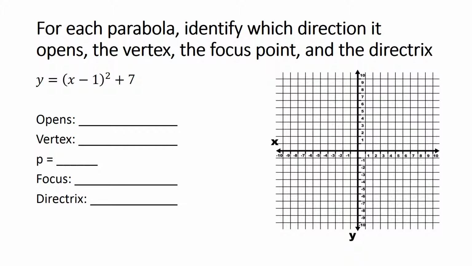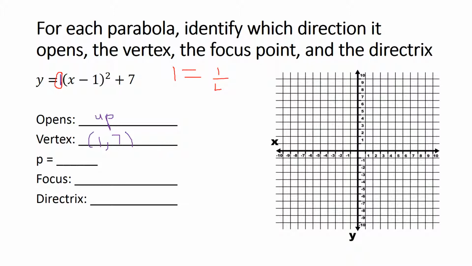All right, which direction does it open? We have a positive value out front. In fact, the value out front would just be a 1. So a positive 1 opens upward. The vertex is at 1, 7 because the graph shifts to the right 1 and up 7. All we really need to do here is calculate the p-value. So we take our a